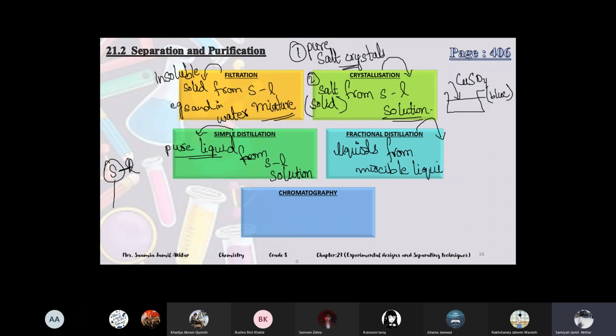But if there is water, alcohol, honey, lots of these liquids, but they are completely mixed with each other, you cannot see the difference. So you will separate them by using fractional distillation. They're completely mixed, miscible liquids, separated in different fractions, and fractional distillation is carried out on the basis of boiling points, because we know that all the substances have different boiling points. Different liquids have different boiling points.